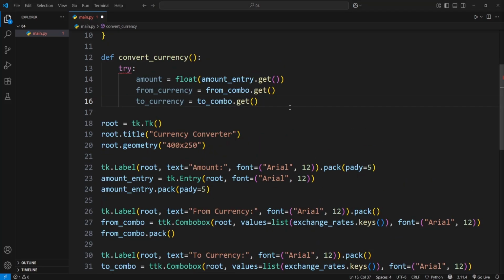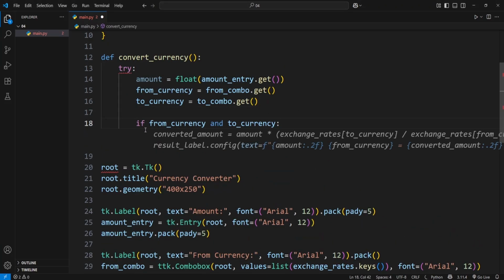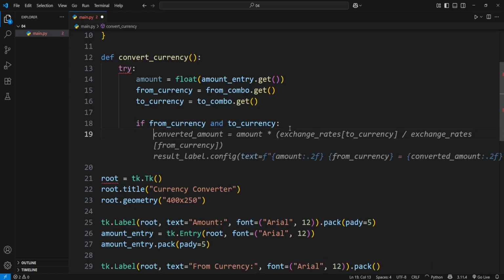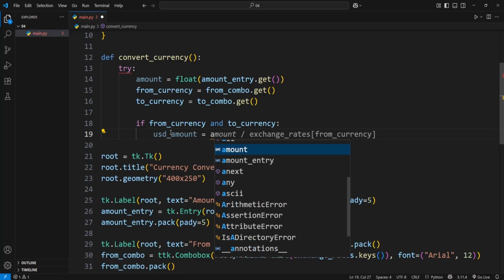Now if the from currency and to currency exist, so I type if from currency and to currency, then inside this if condition, we need to convert the amount. At first, we need to convert this currency into USD. So if both the currencies exist, then I want to convert it into USD amount. So I'm going to type USD underscore amount. USD amount equal to, I'm going to divide amount